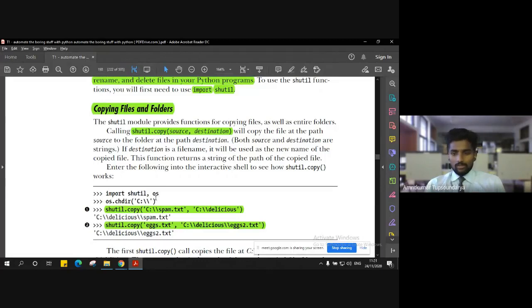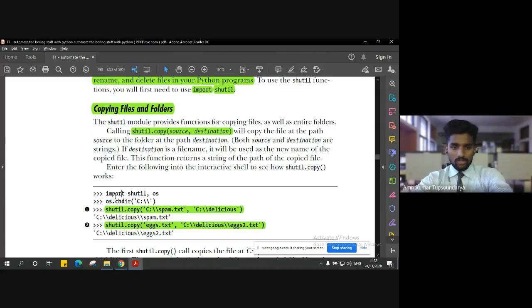As I discussed in previous lectures, when you're doing any kind of operations with respect to file names, file locations, or paths, you have to import the operating system module. Apart from that, since we are copying and moving and performing other operations, we have to import the shutil module too. Once we have both these modules imported, we are free to use the functions provided by these two modules.